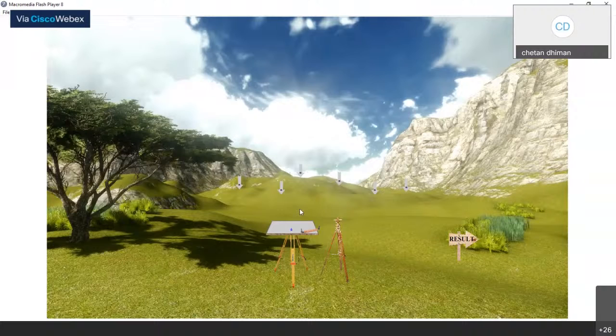I'm just switching to that particular experiment. I also want to say that we also reduce the cost of a lab or of setting up a lab in a college which is not able to provide these types of facilities to their students. Actually, some of the things are much better than the real life experience of the lab, because the way you have presented the contour concept, yes, sir.